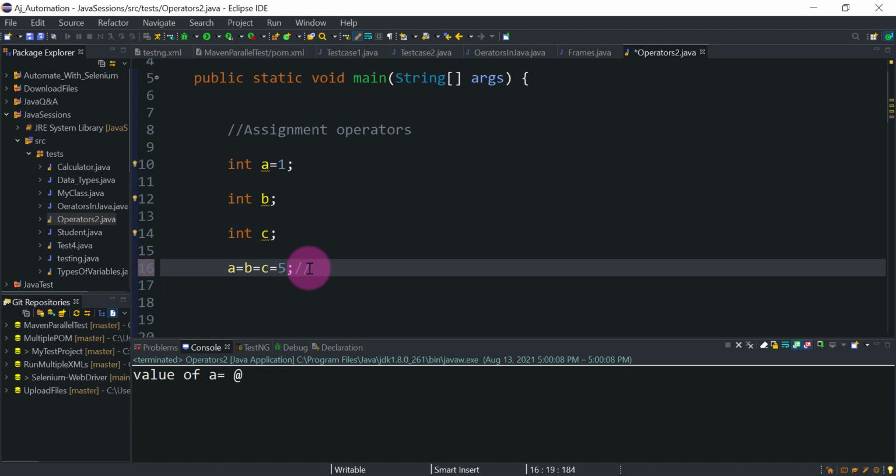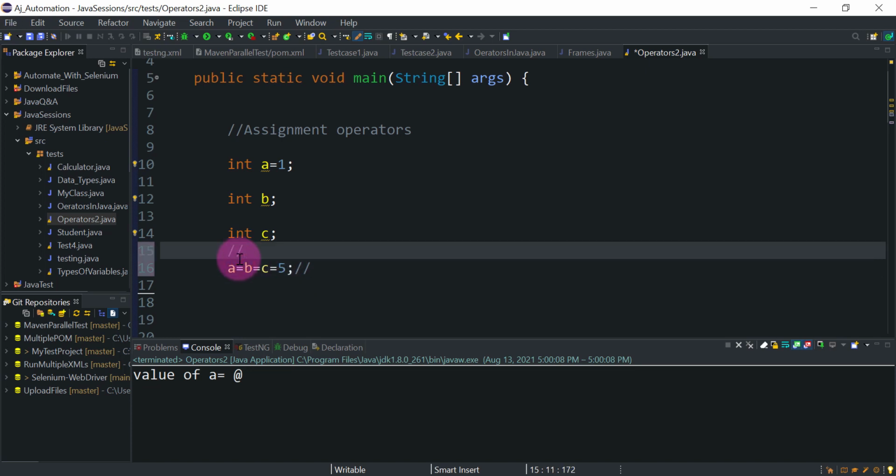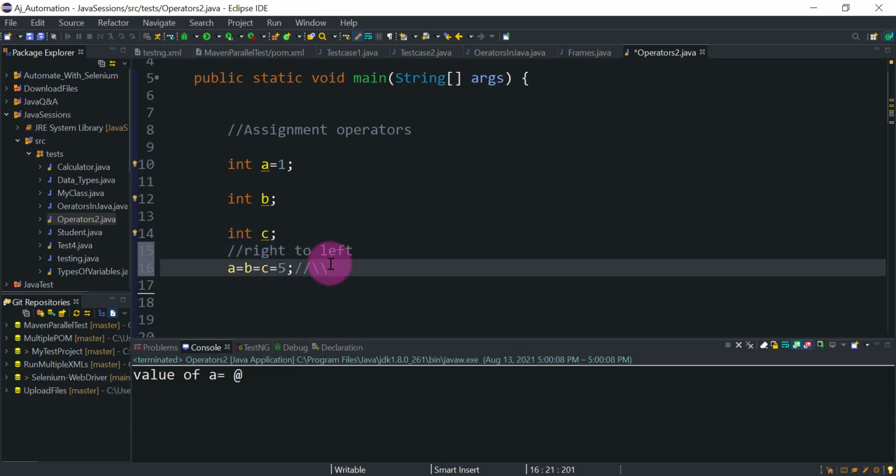When you are assigning a value, the assignment operation takes place from right to left, not from left to right. First, in the case of c equal to 5, the value of c will be 5.